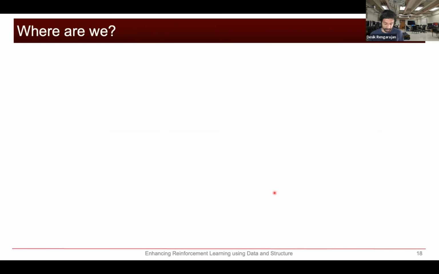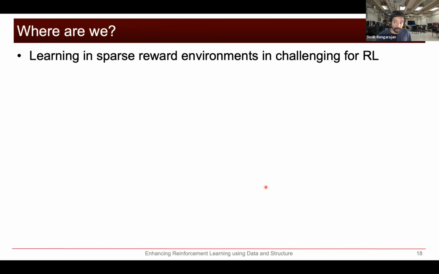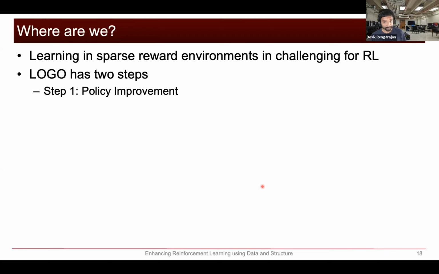So I can pause for questions if there are any, but I can just summarize what we have done till now, just to get a hand of where we are. Right. So where are we? I initially mentioned that learning in sparse rewards environment is a challenging problem for reinforcement learning. And we basically described our algorithm, which is known as LOGO, which has 2 steps, right? The first step of LOGO is known as policy improvement, where we use rewards from the environment to improve our policy. But since